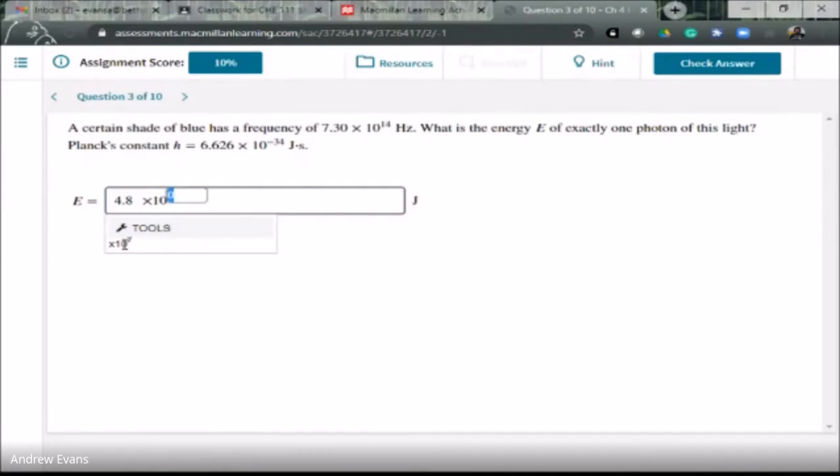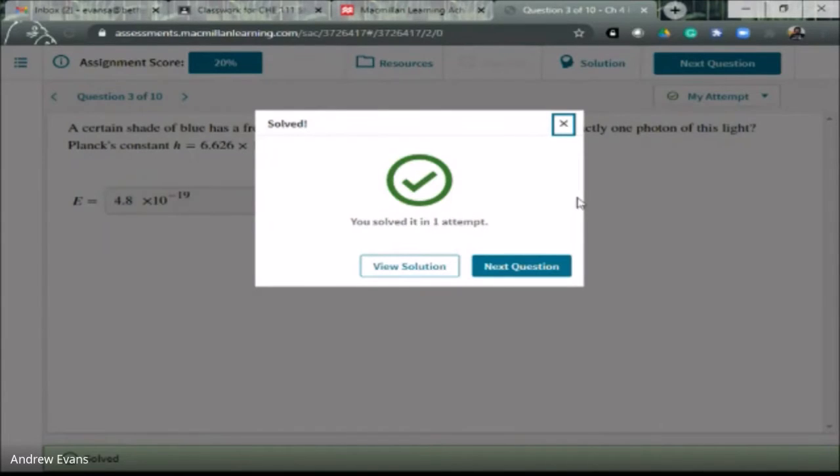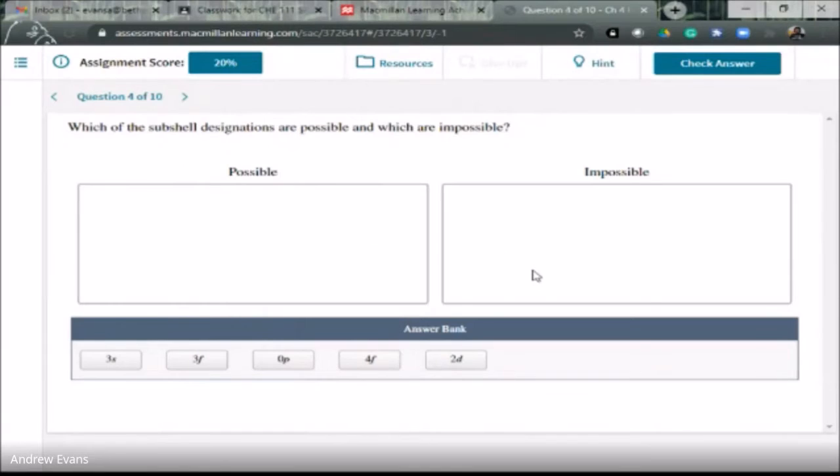It's okay that this is a really small number because this is the energy of 1 photon of light. Not like a flashlight that's shining continuously, but boop, you shot a laser for not even a millisecond, and 1 particle of light hit the detector. And we said how much of that is absorbed.